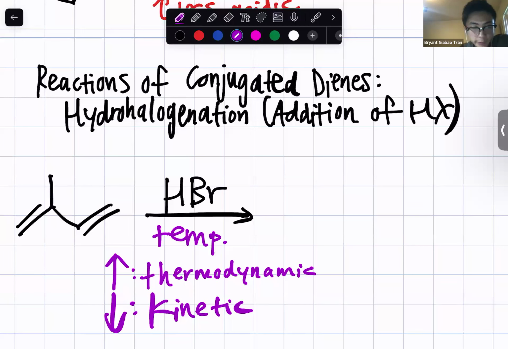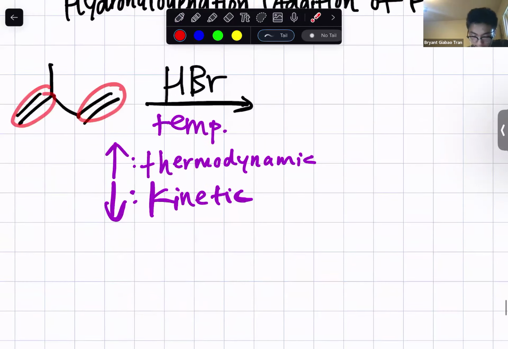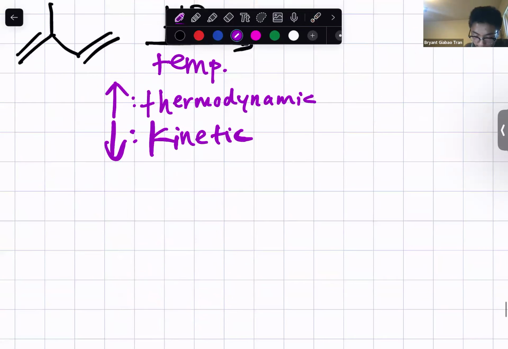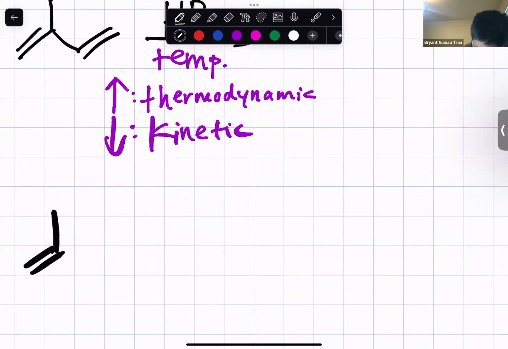Okay. So there are two alkenes that we could react this HBr with. This alkene and that alkene right there. Let's look at the first alkene, which is